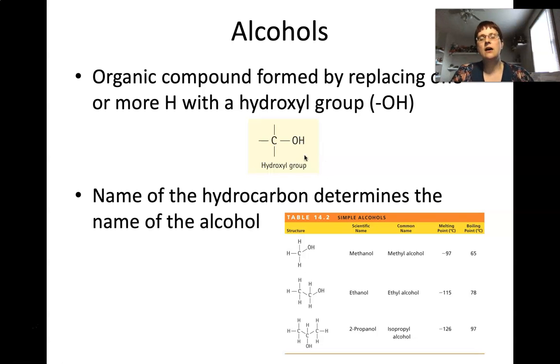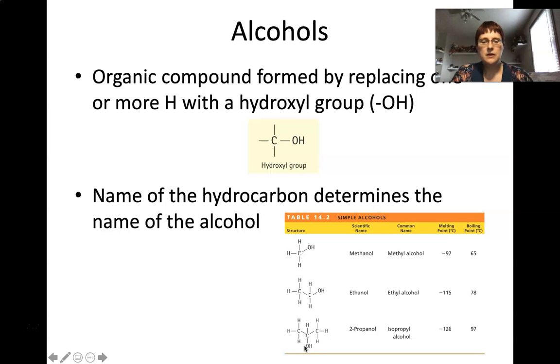So these guys are named based on the hydrocarbon that they were formed out of. So you can see down here, this guy was originally methane because it was originally carbon with 4 hydrogens. And so the alcohol is called methanol. And the common name is, I know, shockingly enough, methyl alcohol. So sometimes they actually work to make the names pretty simple. And then you've got ethanol. It's 2 carbons, and we've replaced one of those hydrogens with that OH, that hydroxyl group. This one is ethanol made out of ethane. This is ethyl alcohol. This is propanol made out of propane,